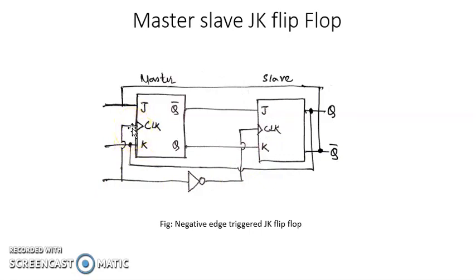With the clock high, if we apply J and K, the master stage produces the output. In this situation, since the clock is low for the slave, the slave stage remains in hold mode. When the clock makes a transition from 1 to 0, the master stage stops sampling the data, and the slave stage starts sampling the data available at Q and Q bar, that is determined by the master stage. This is a negative edge-triggered JK flip-flop, since the slave stage produces the output available at Q and Q bar determined by the master stage.